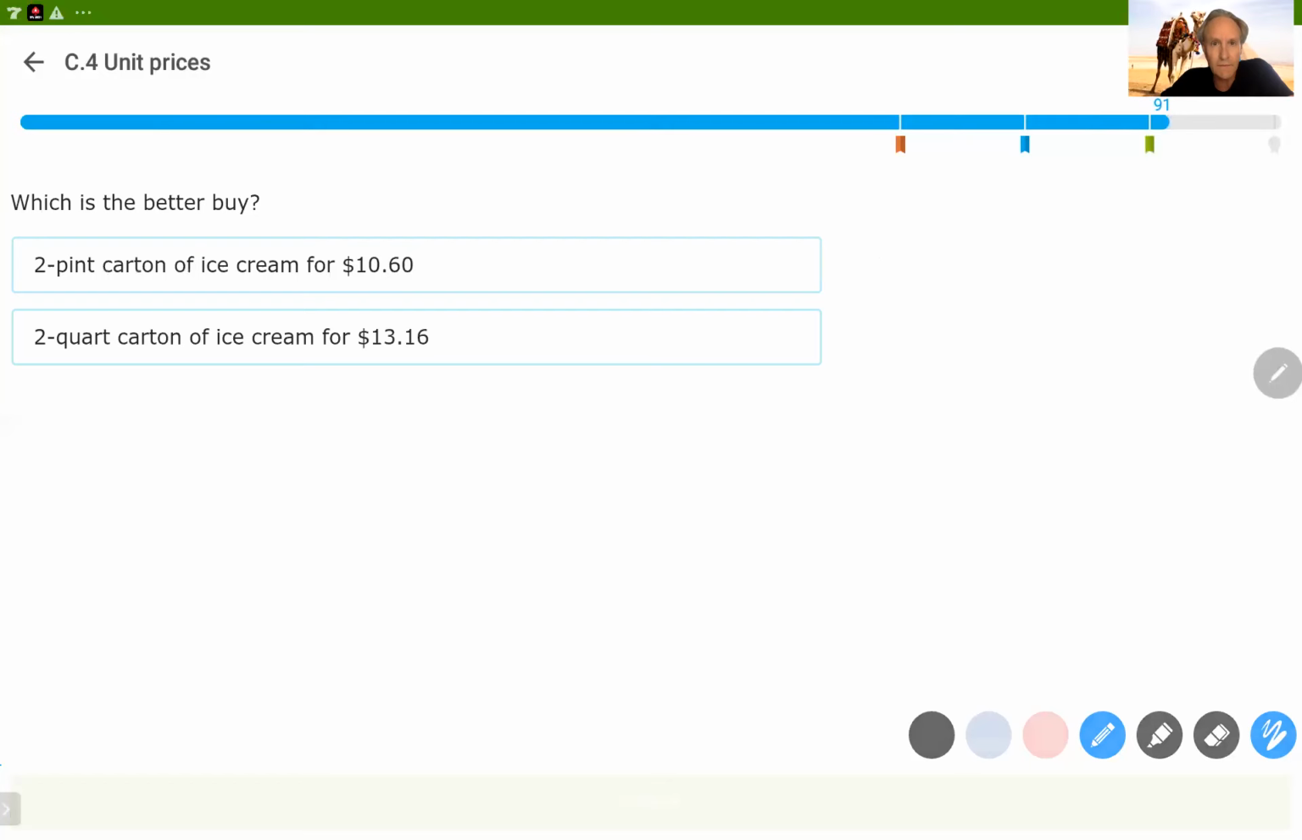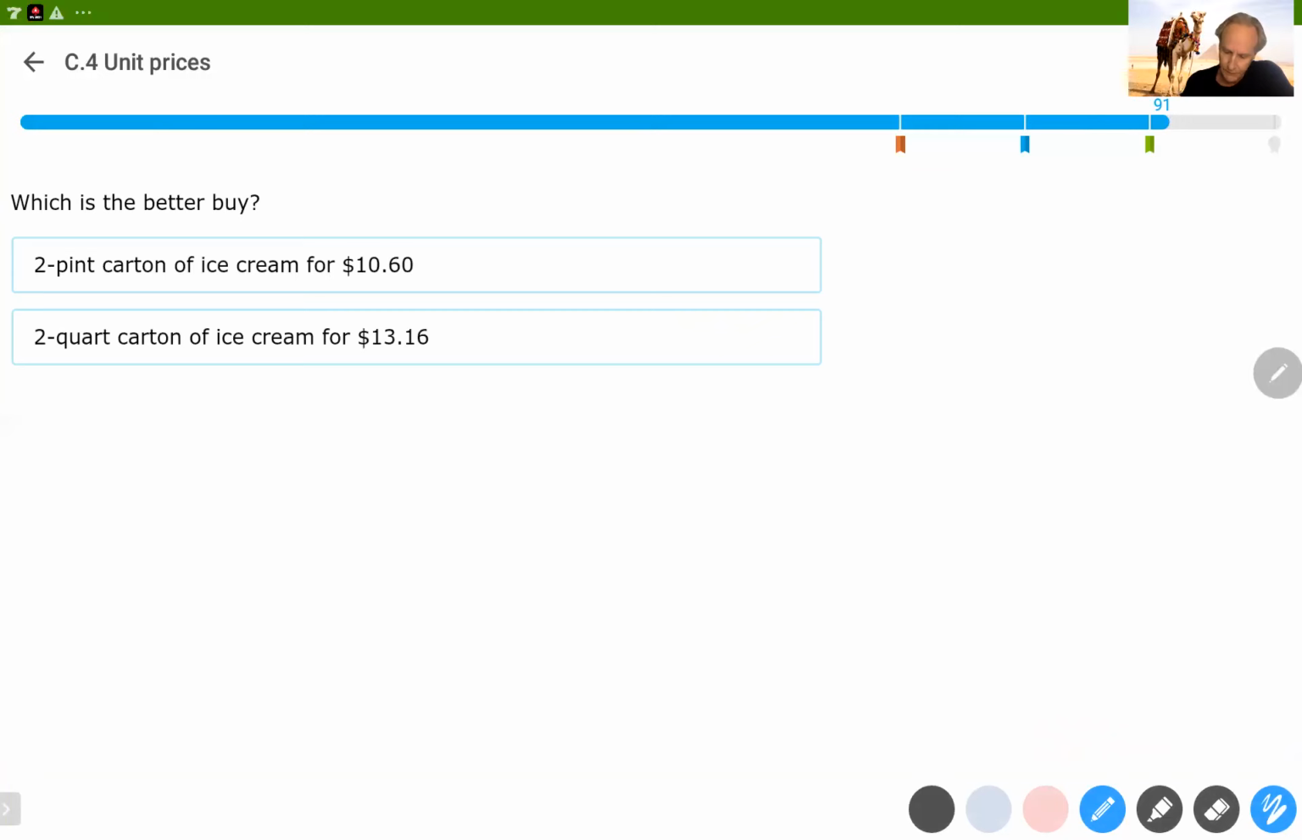A few more left. This is 540. I just divided it by 2. Divide this one by 2. Oh, this one's 2 pints and this one's 2 quarts. Well, there are 2 pints in each quart, so this is really 4 pints. You have to use the same units. So 4 into